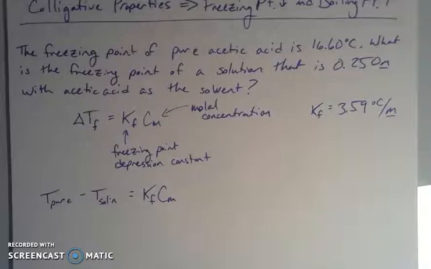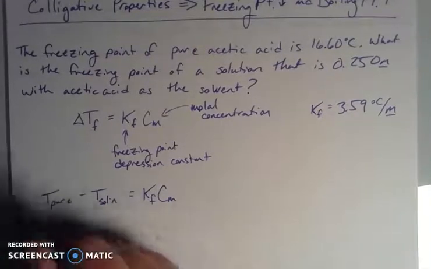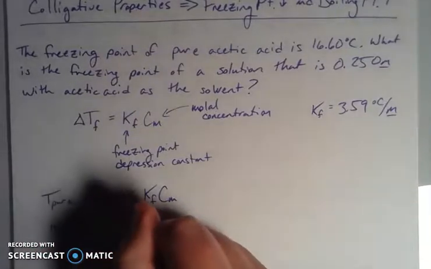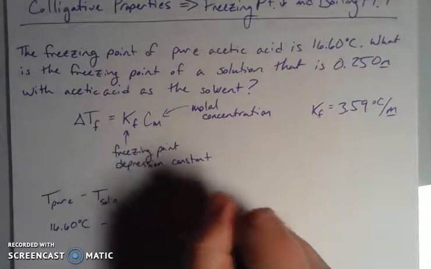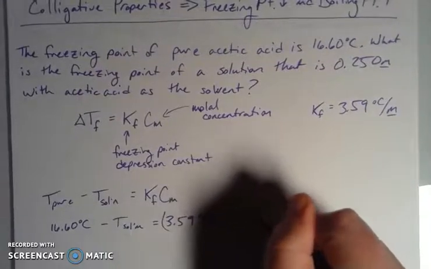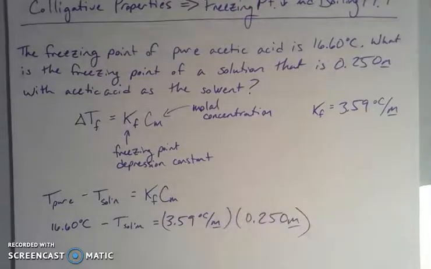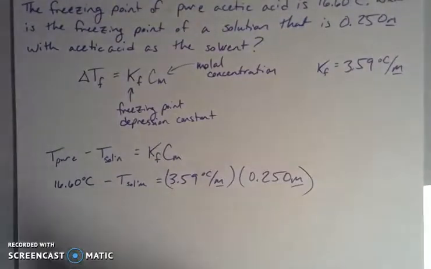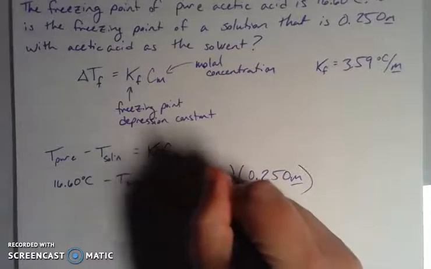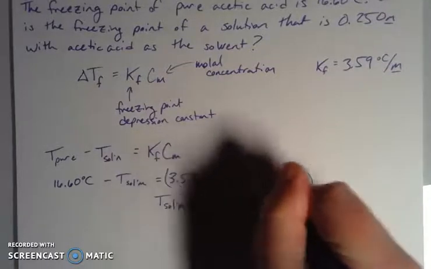But if I rearrange here and plug and chug, then I can say, well, the pure solution is this, 16.60 degrees Celsius minus the solution, which is what I'm solving for. My K value is something that I looked up from a table somewhere. And I'm going to multiply that by my concentration that's given from whatever solute I dissolved in there. And now if I just do some algebraic rearrangement, subtract this from both sides, divide by -1, then I end up with my freezing point of my solution is 15.70